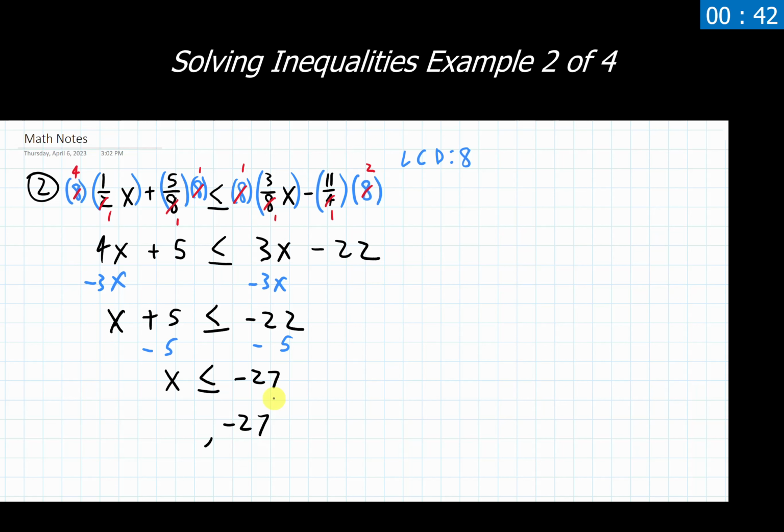And if that is the large value, then x is going to go and get smaller and lower in value on and on and on and on, which means that this lowest value is going to have to be negative infinity. Now, negative infinity always has parentheses next to it. The negative 27, bracket or parenthesis. We look at the inequality that's been given to us. It's less than or equal to, which means that this thing is going to have a bracket showing up around it. That gives us our final answer in interval notation of negative infinity, comma, negative 27, bracket.